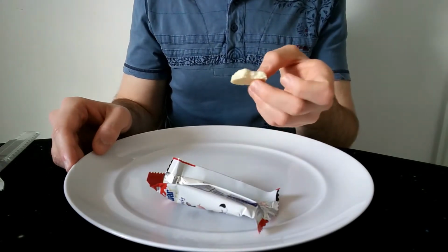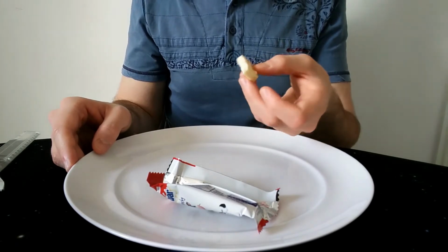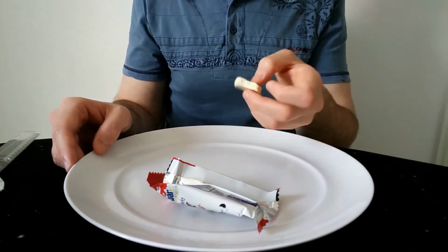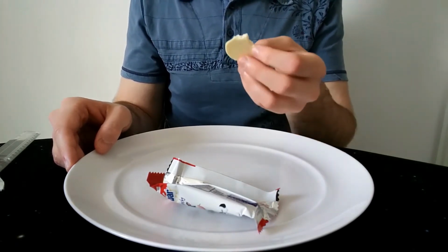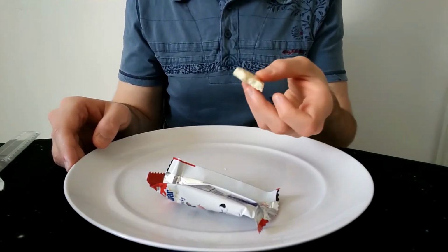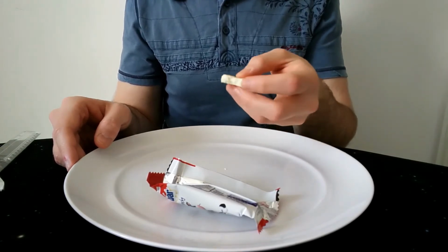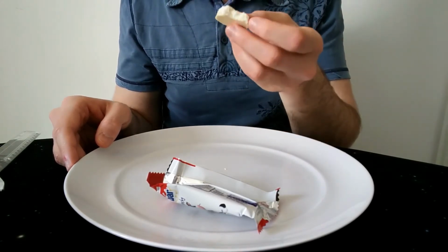But unless you're giving this to a kid, someone who just likes a little chocolate bar, I think a white chocolate crunch would beat this in every area really. I just think it's a nicer bar. It's more crispy. The crisp bits are bigger, more prominent. The chocolate's the same. It's that nice white chocolate. But I don't think it has that fluffy centre as much, which is perhaps a bit too